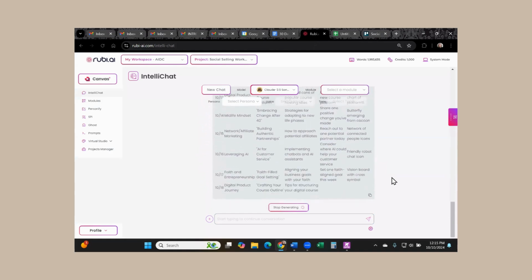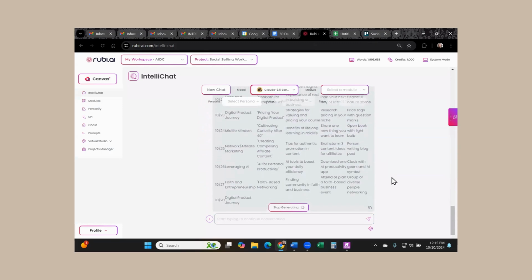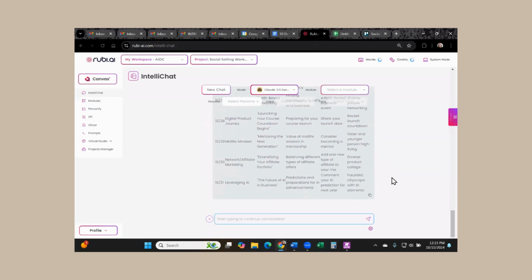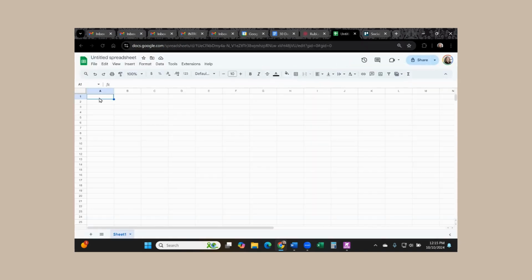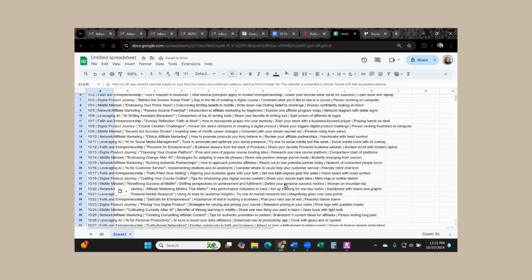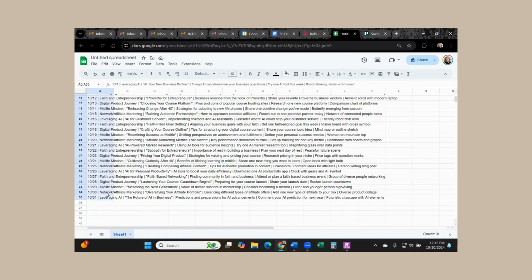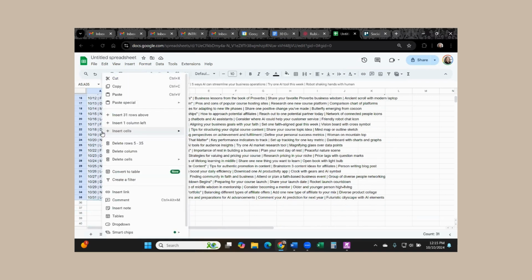And so what's really cool about this is once you get this output, I don't really look at the results at this point because Ruby does know me so well because I work in her so much. So I just quickly copy it. And then here's a little trick. If you go into Google Sheets and you just click on that top cell in column A, you can paste it all in here. Now, mind you, all of this information is only actually in column A. So if you highlight from day one and we scroll down to there, so that's my 31 days in October,